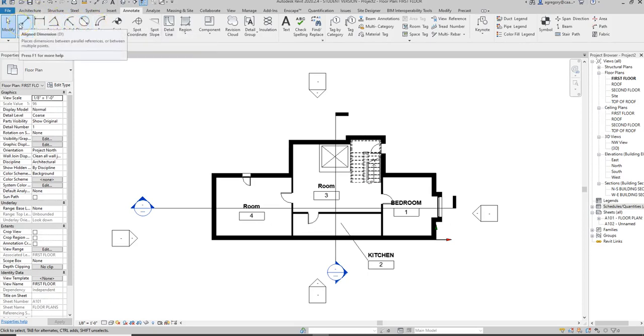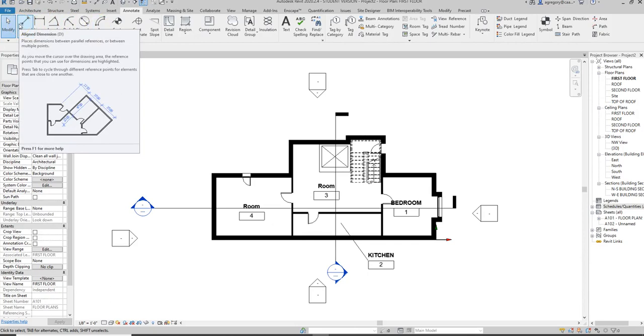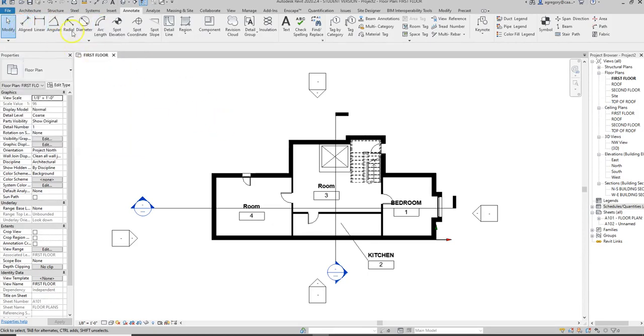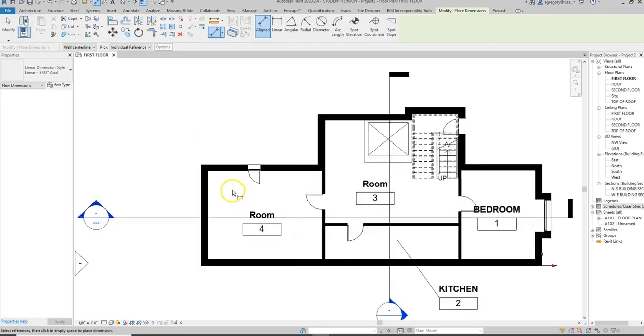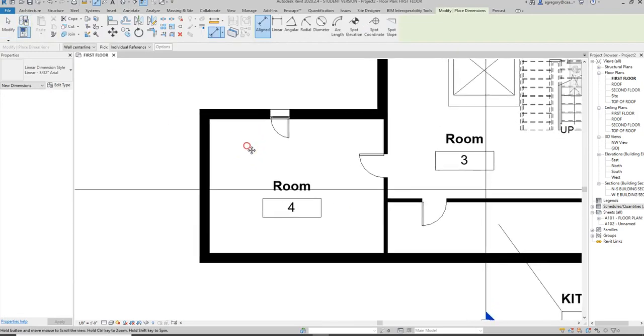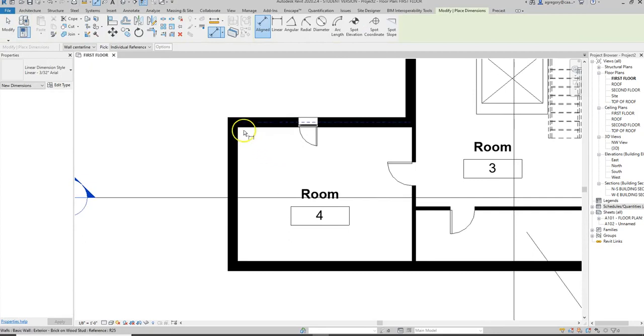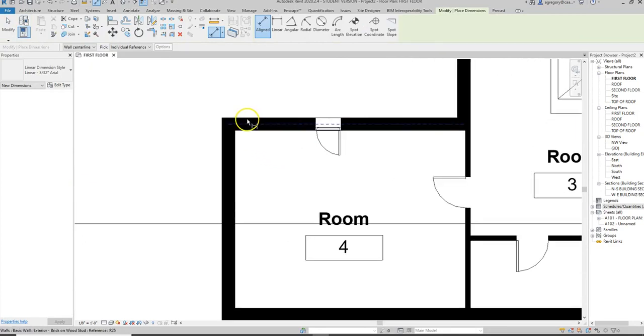The Align is the most common and it works very well, so typically that is what you're going to be using. So with the Align Dimension, we want to zoom into our drawing and think about what we want to dimension. If we need an exterior dimension in plan, we want to zoom in and make sure that we are hovering over the location where we need that. So you notice that it's defaulting to the center line of the wall. Typically, construction does not happen from wall center line to wall center line unless we're looking at basic wall stud spacing. So I'm going to change the wall center line to actually be wall faces,